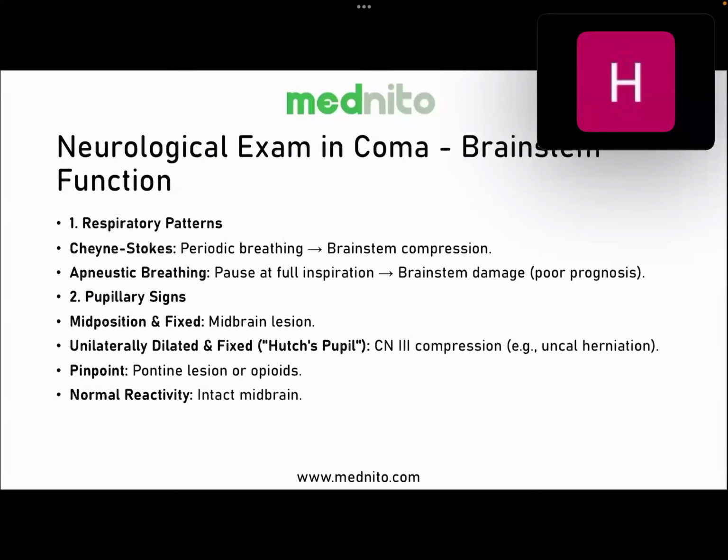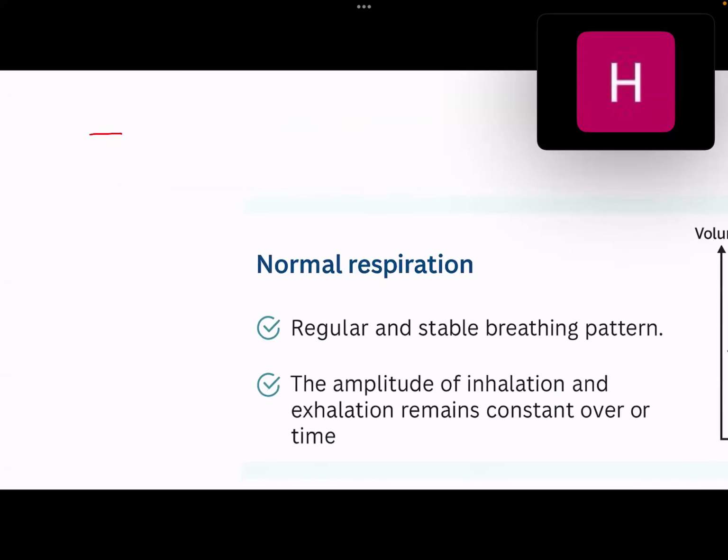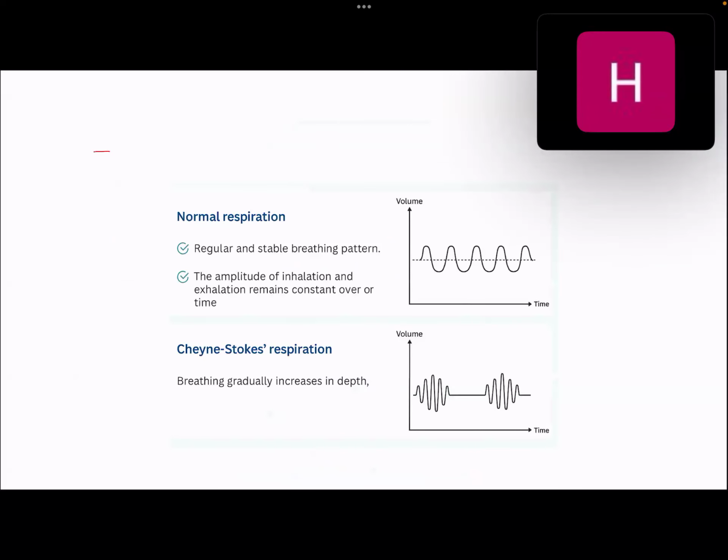I'll also have to tell you that Cheyne-Stokes breathing is usually seen in patients who have got brainstem compression, because the brainstem has got respiratory centers that control the respiration. We've got a brainstem, so I'll tell you what exactly the brainstem is like. All right. Please do remember this one. The picture you will need to remember for the exam is the brainstem.